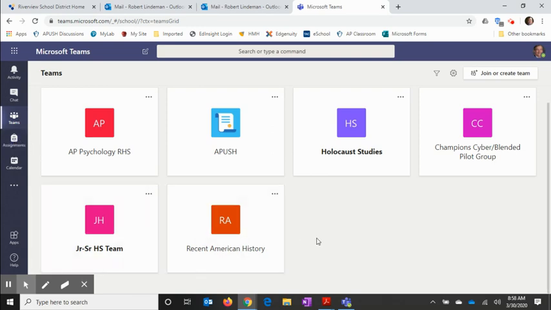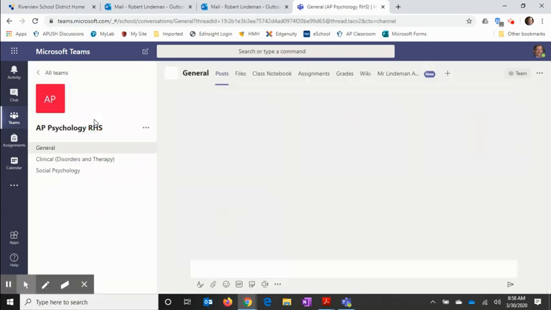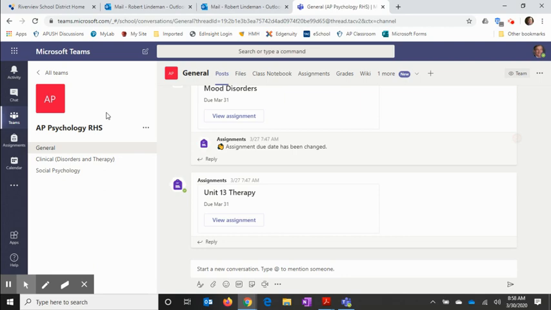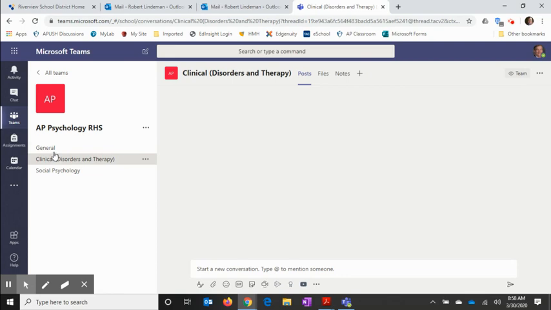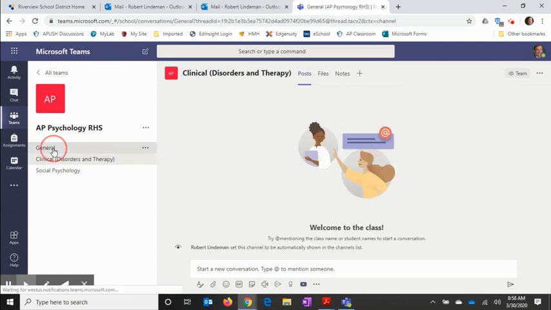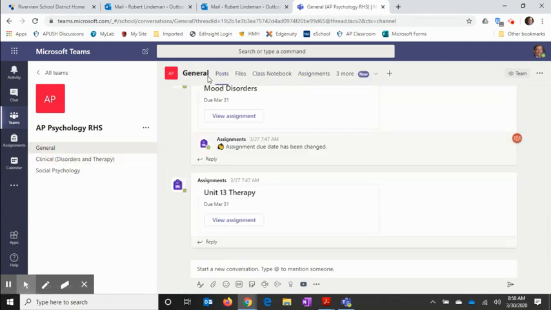If you click on, we'll just use AP Psychology, if you click on a Teams button, you get something that looks like this. So there's a menu of conversations that my students and I can have over here, and that I can also assign things by clicking into these different sections. And then up here, you can see posts, files,